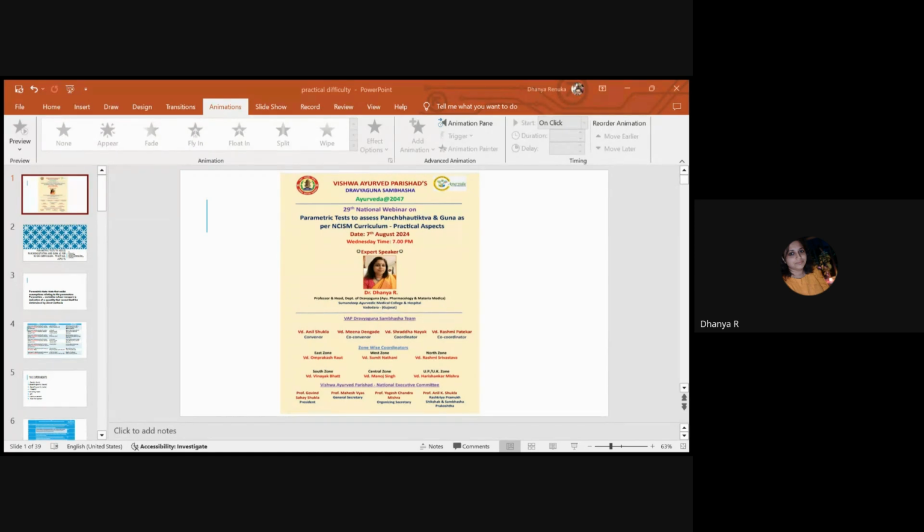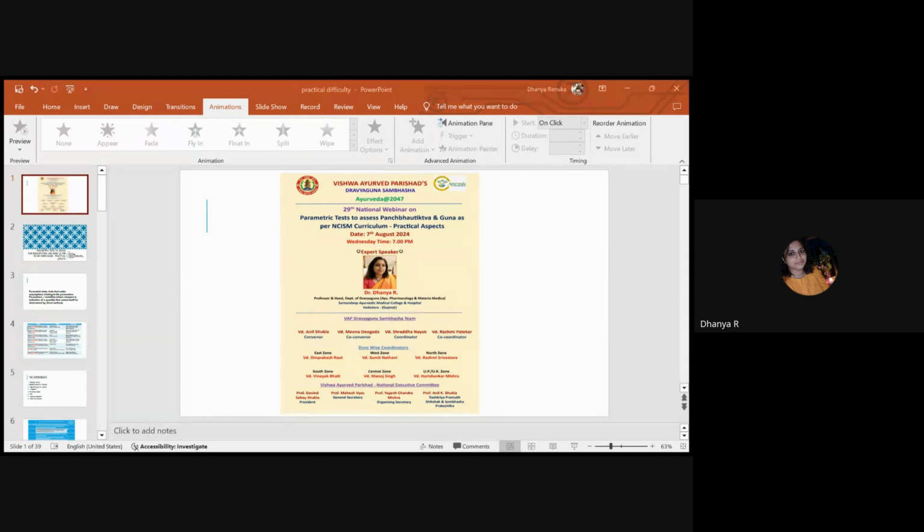So parameters are such variables which we cannot measure directly. Like height and weight, we can measure directly, but Panchbhautiktva we cannot measure directly. So for that we take various variables, measure them, and through them assess the Panchbhautiktva. Just like in a singing competition, we do not assess the singer directly; we take into consideration her pitch, tone, and how she performs, all these parameters and variables, and then assess her. In the same way, Panchbhautiktva can't be assessed directly, so we are taking into consideration some parameters and then assessing